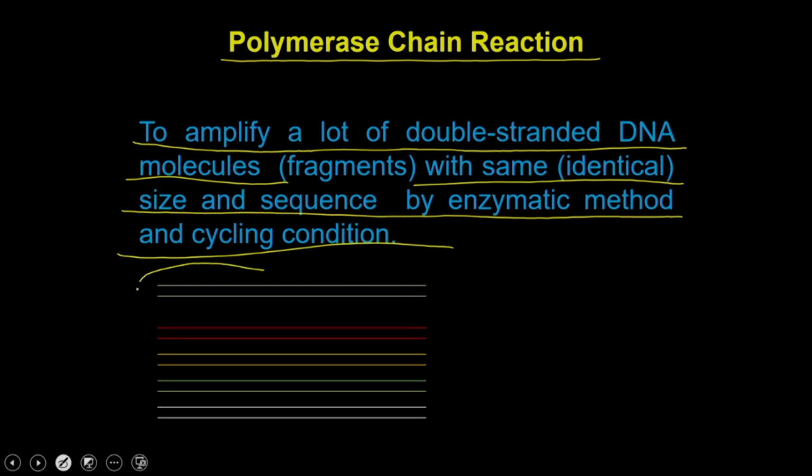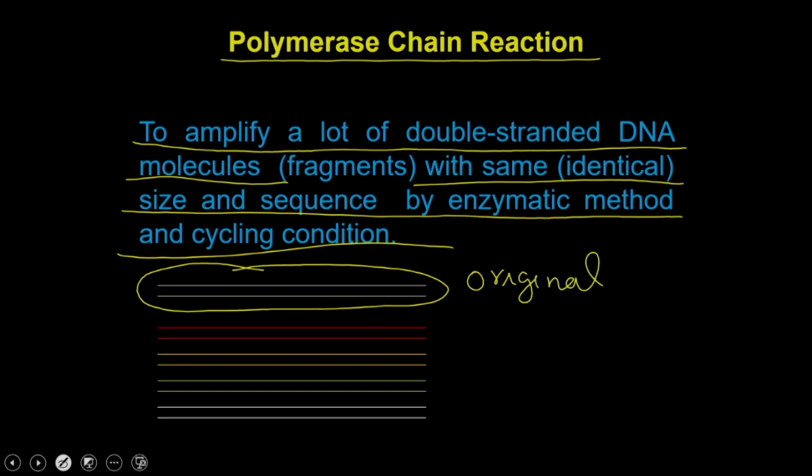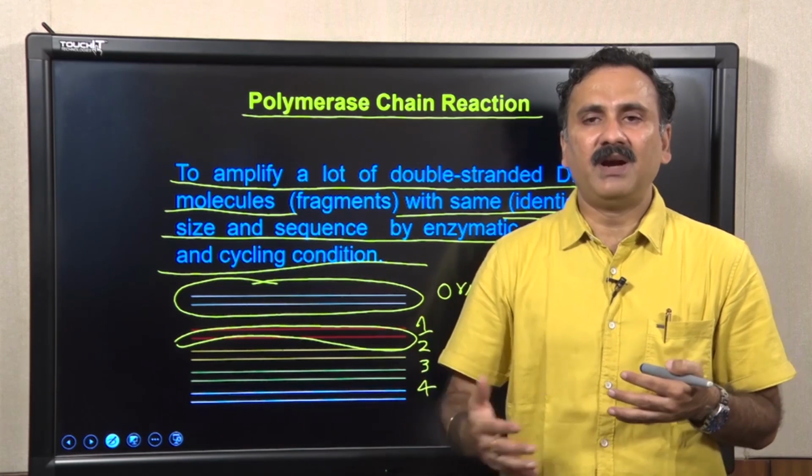What it means is that you have the original DNA, and this original DNA is amplified for multiple cycles, and that is how you are going to have multiple copies, like four copies, which are going to be identical, which means the sequence of all these fragments is identical to the original sequence, and they are amplified with the help